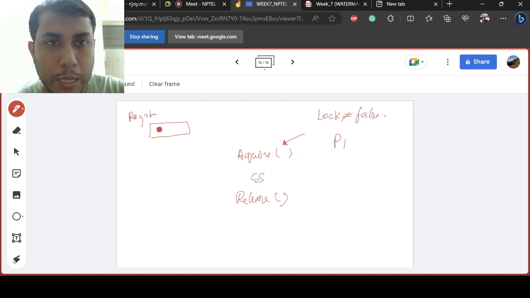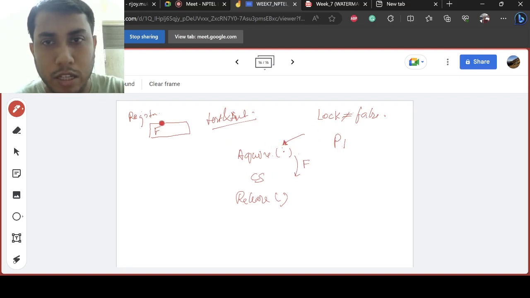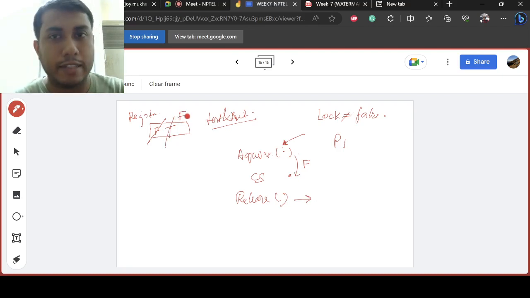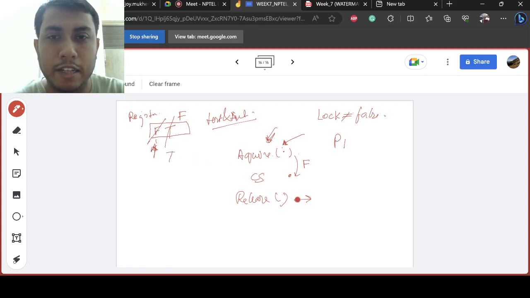Initially it was false, so it runs this test and set code. It enters into the critical section only when the lock is false. So it comes here, the lock is false, it sets it to true, and it enters into the critical section. What happens in the release? It changes its value back to false. This is basically what is happening, nothing more. It is basically setting the register value true or false. Whenever one wants to acquire the lock, it changes the value to true,